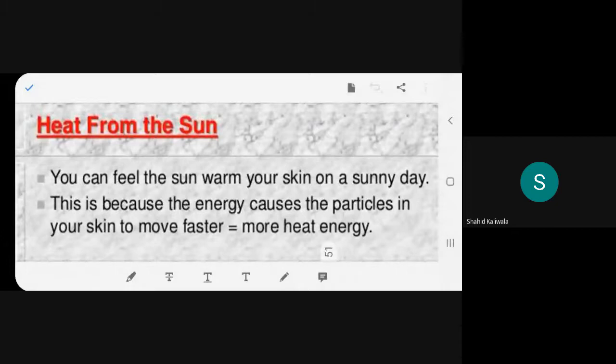So let's continue. Whenever you're going out on a sunny day, you feel warm. Your skin is hot. You feel your skin to be hot, right? Why? Because that heat